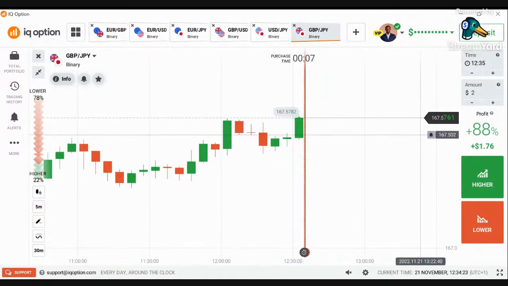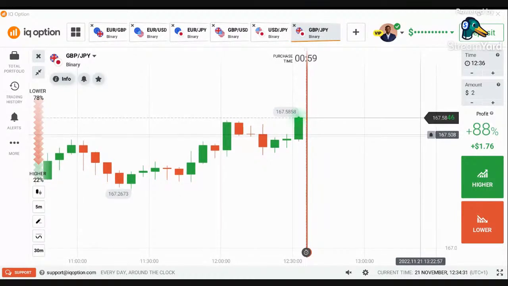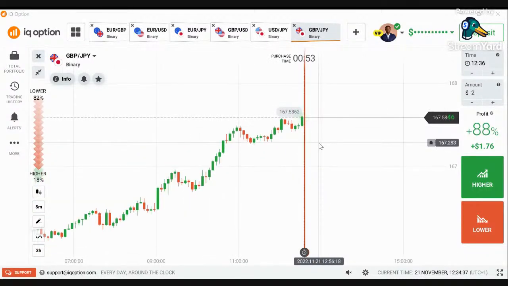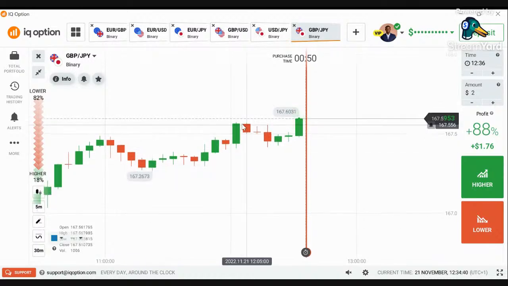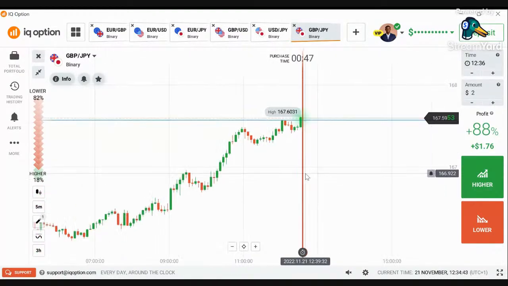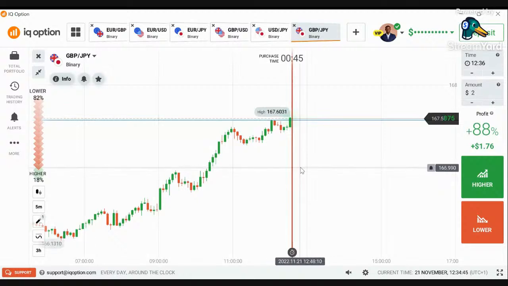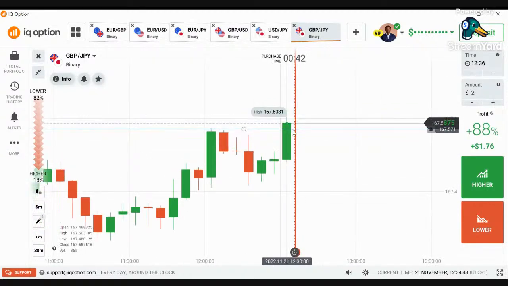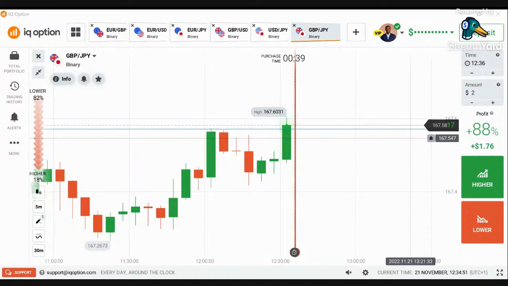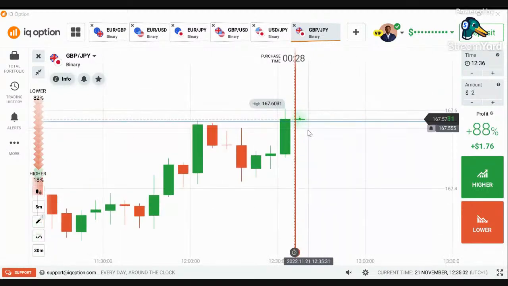I think I mentioned that it could continue this 5 minutes pattern of higher high, higher low. Now, how am I sure the market is buying? Once this green candle closes above the high there, that's when I'm going to start looking out for buying opportunity. But remember, I said the bodies of the candle, not the wicks. The bodies have to close above that high. That's when I'm sure that the market is buying.